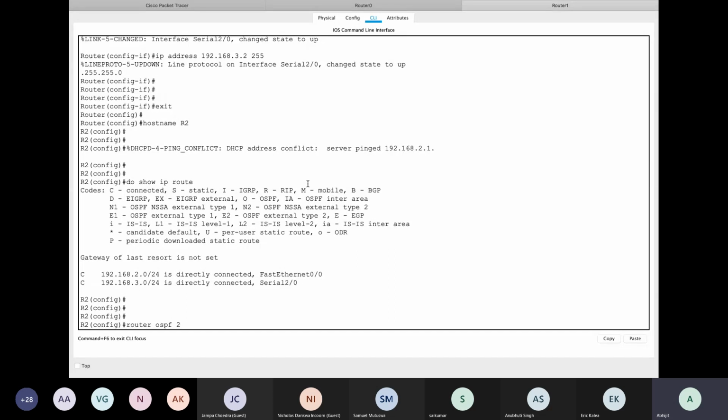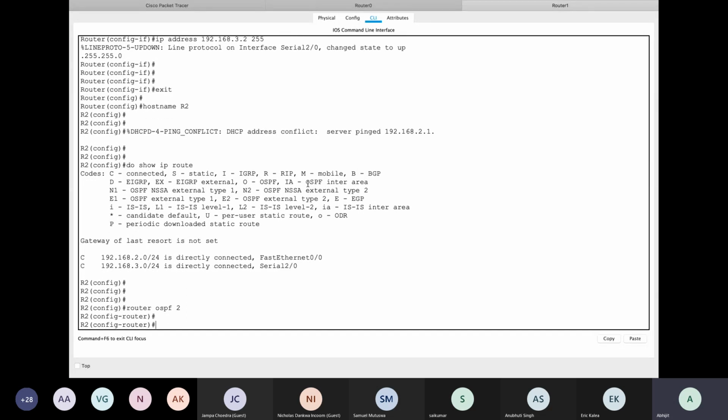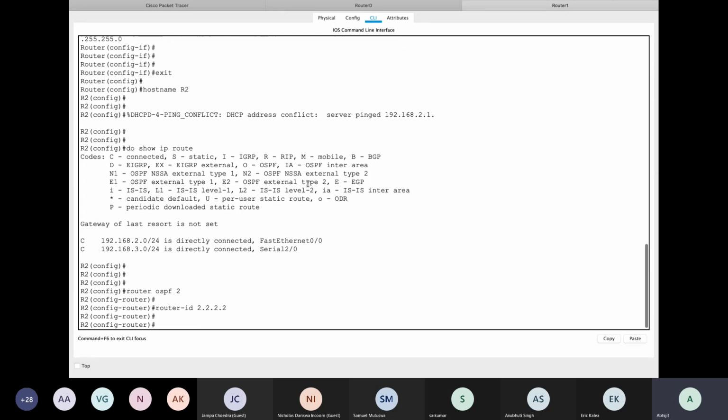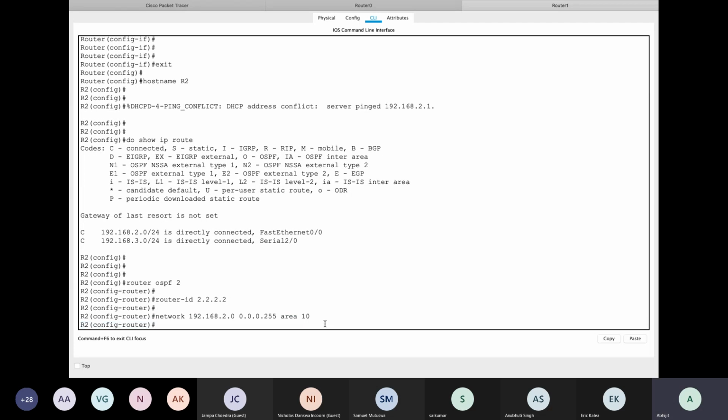Now over here I'm going to use process ID 2. Then I can say router ID is 2.2.2.2, and then network 192.168.2.0 0.0.0.255 and area 10. The area number needs to be the same over here; it doesn't matter what process ID you use. And then after that I can advertise my other network, which is